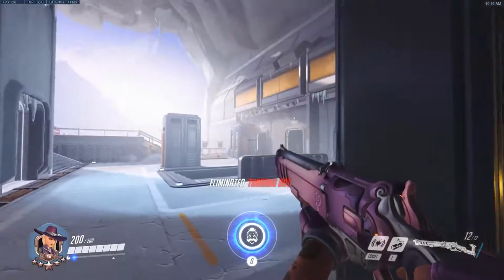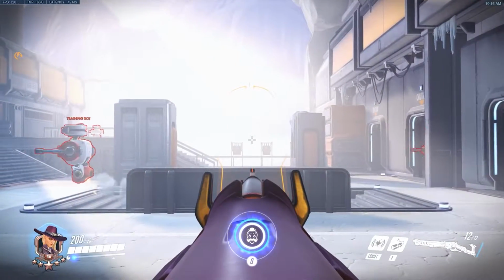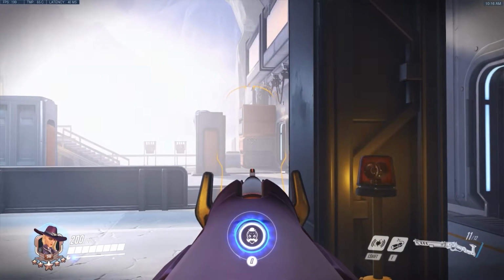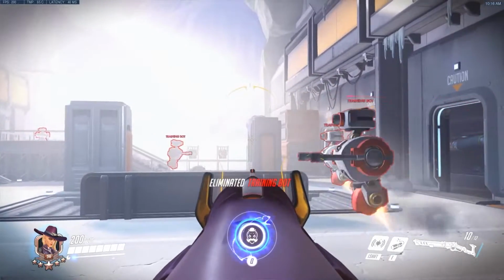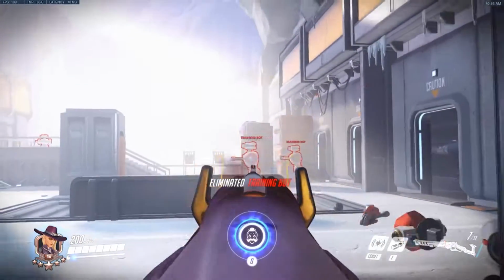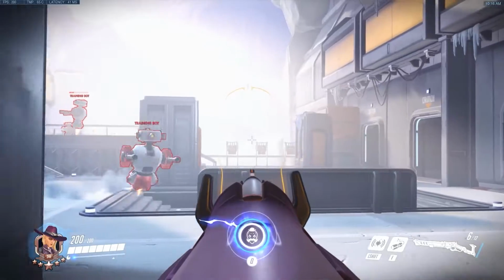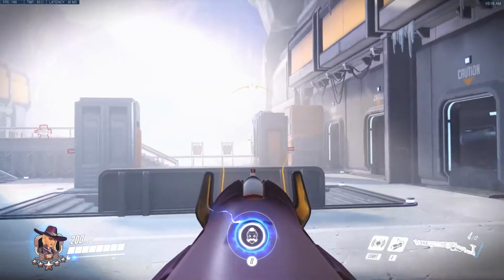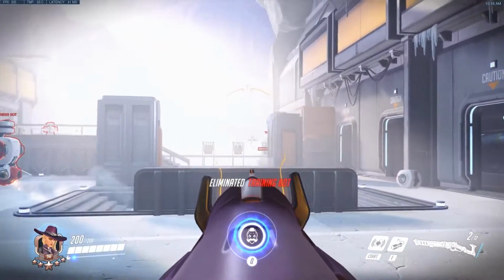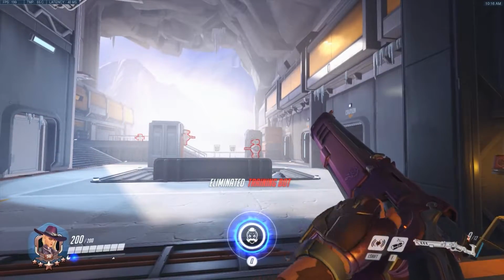Another thing you can do is use your A and D movements to aim. So you put your crosshairs at head height, and then you follow them. You follow where they're going, and then shoot when the crosshairs are on their head or on them. See? There you go. You can do that. Another way you can aim is